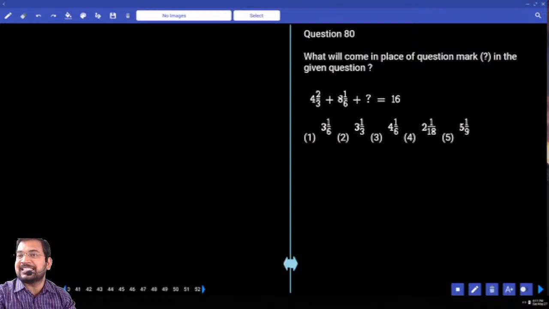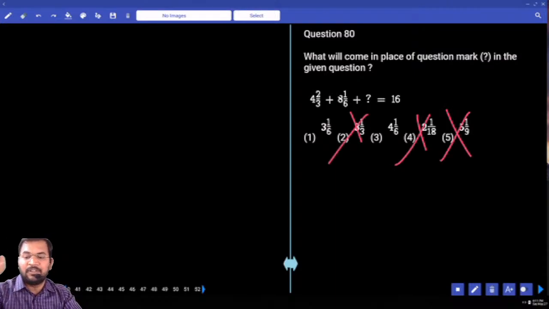1/6 is 16.66, and 66 2/3 plus 16.66 together is 83.33, and the remainder will be 16.66. 16.66 is nothing but 1/6, and our answer ends with 1/6. How many options end with that? Okay, no problem. Now 4, 8,